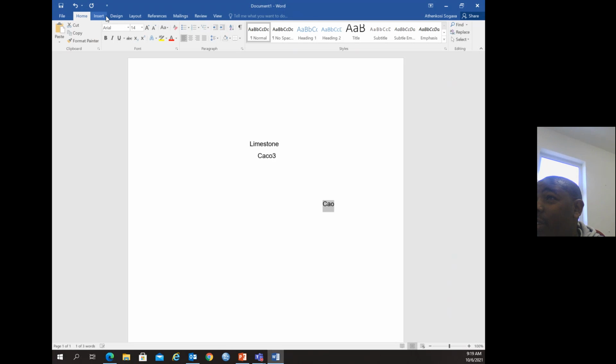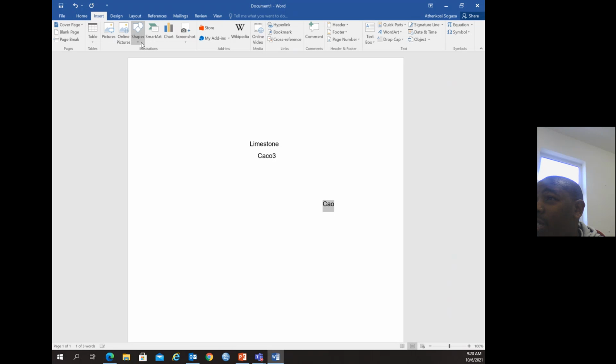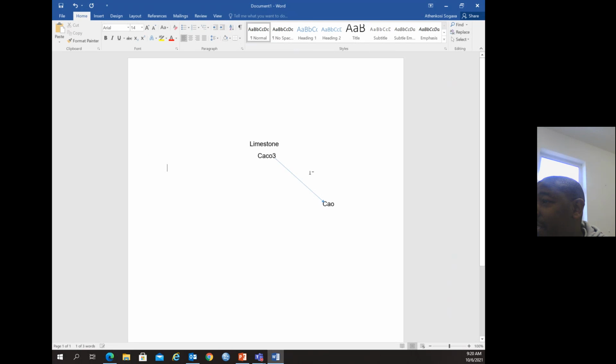If I draw using lines, to get the calcium oxide there is a need to put heat on the limestone. Once you put the heat on the limestone, it is heated